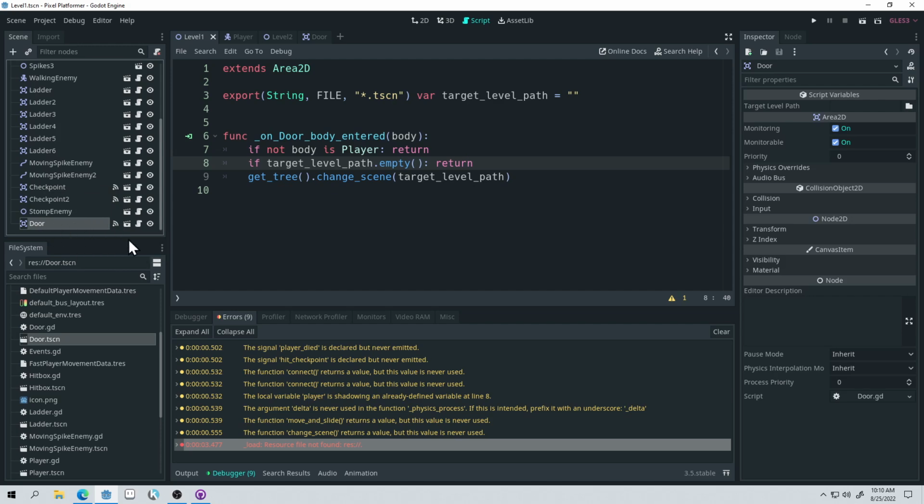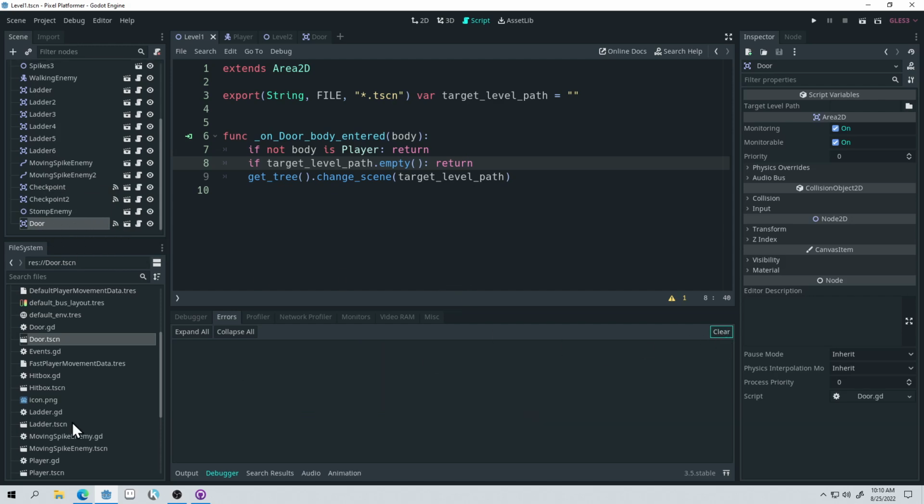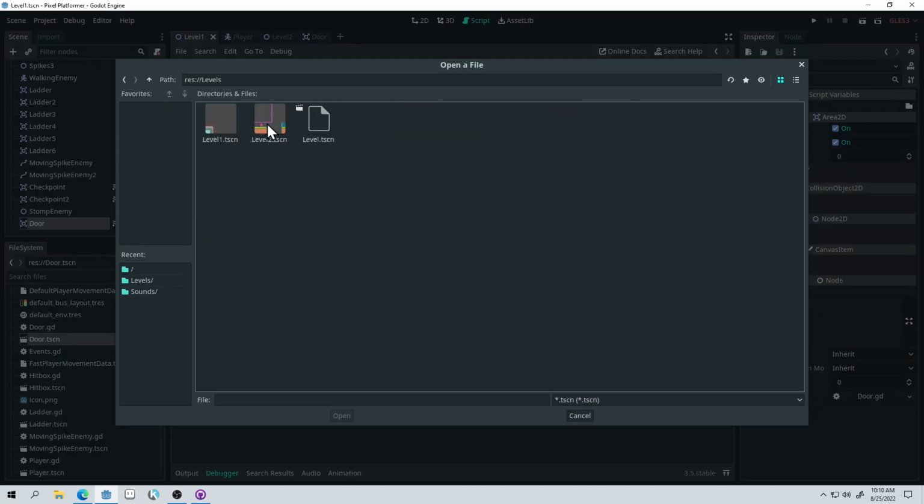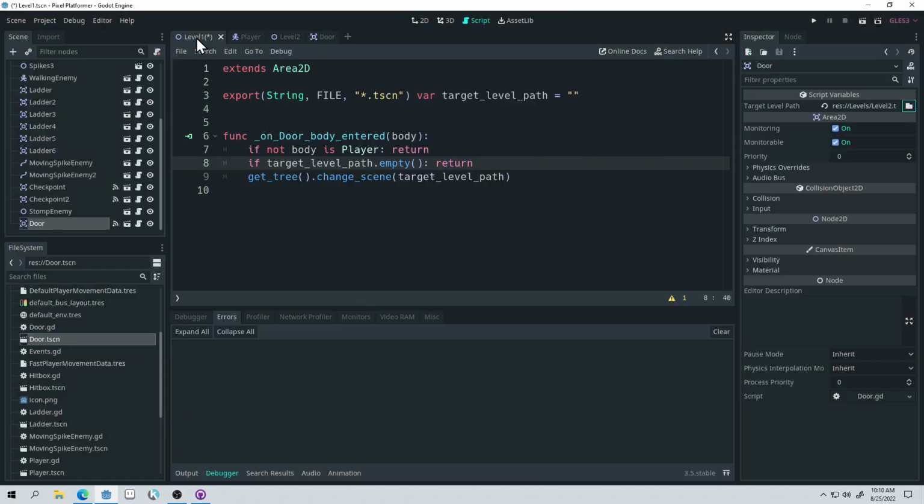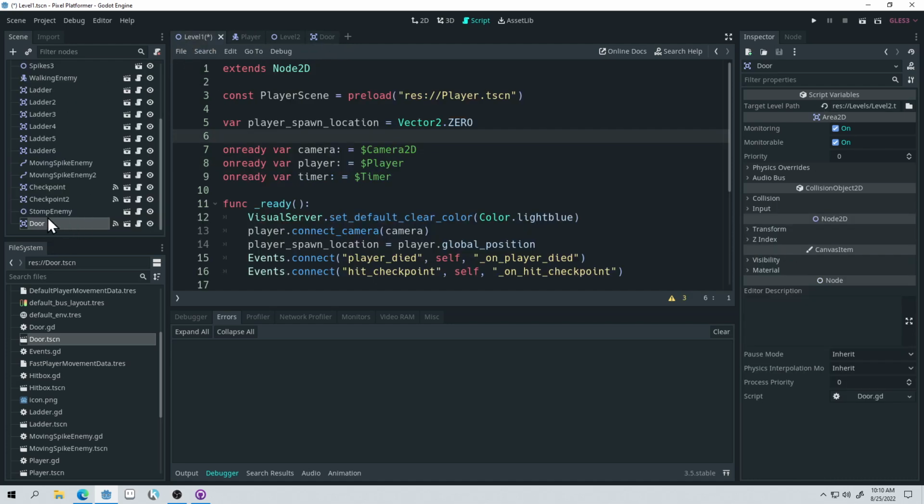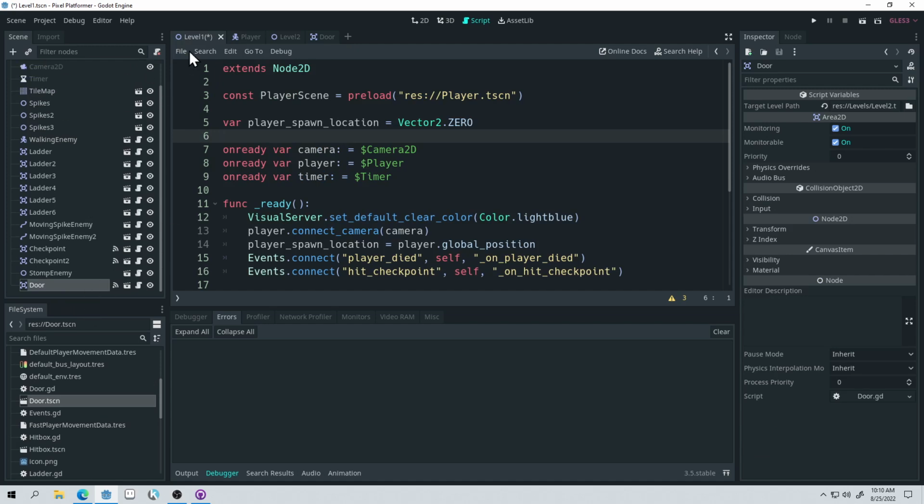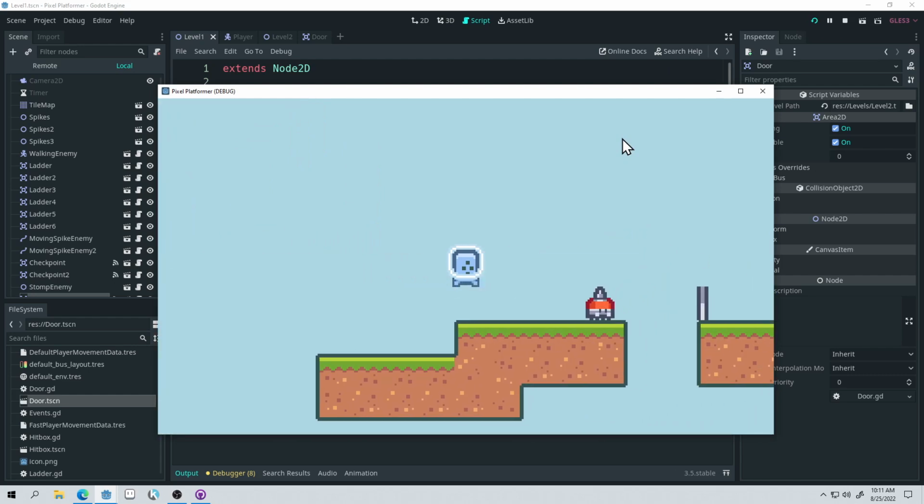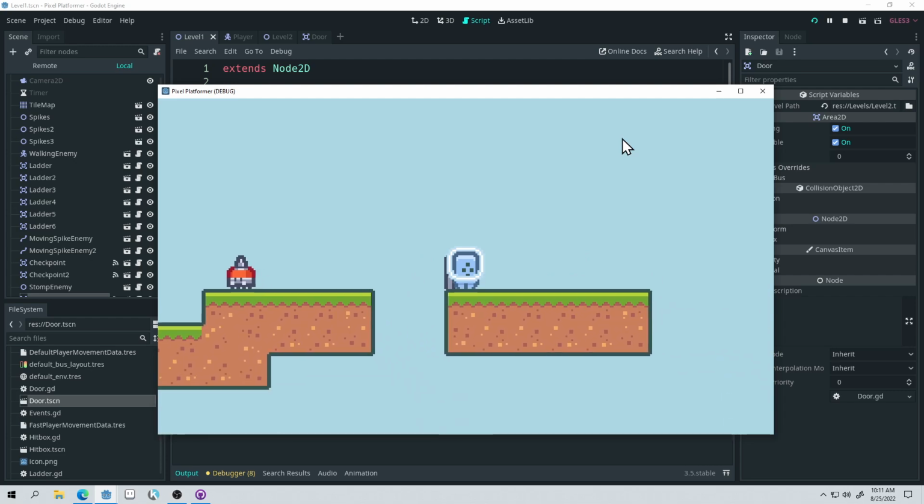So let's click on door and let's go to target level path. We'll open this file, then we'll come to levels, and then we'll select level 2. So now this door, make sure you're not in your door scene. Make sure you selected the instance of a door that is in our level 1. Because if we set it in the scene, then every single door would send to level 2. But we want to only do it on the instance of a door in level 1. And now, when we touch the door, it takes us to level 2,